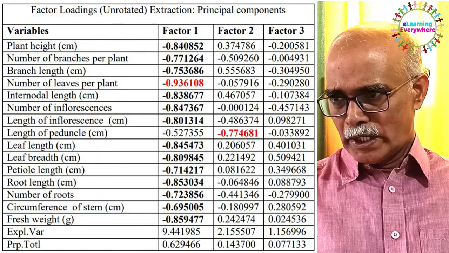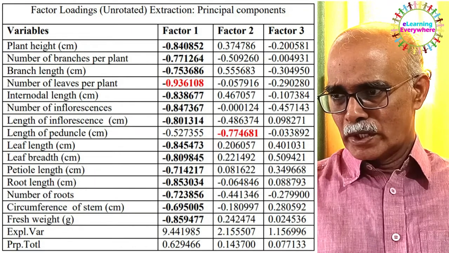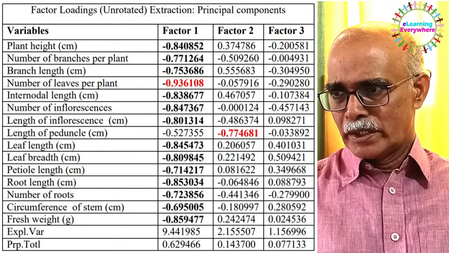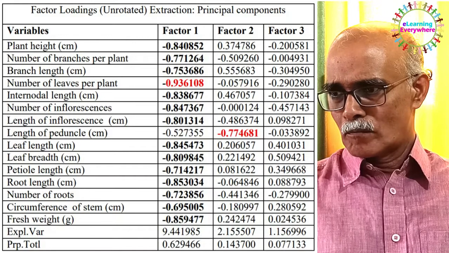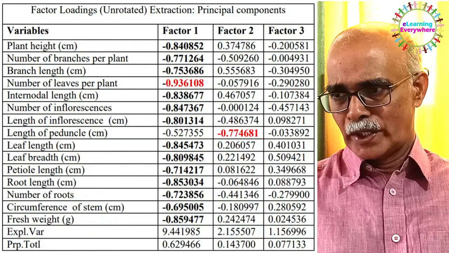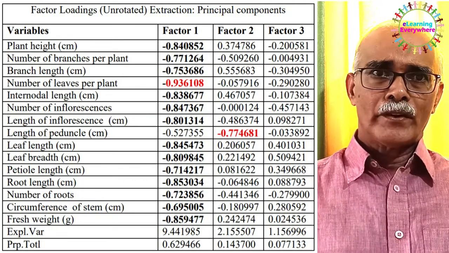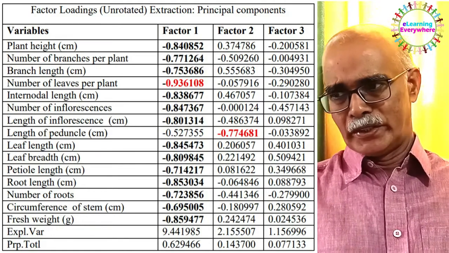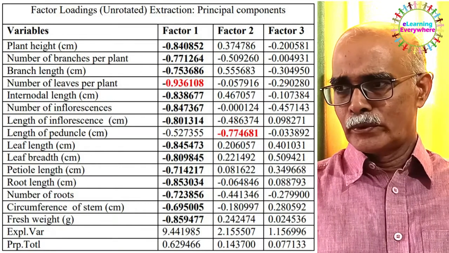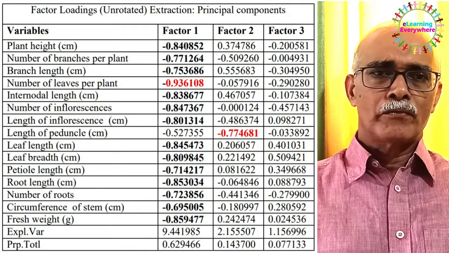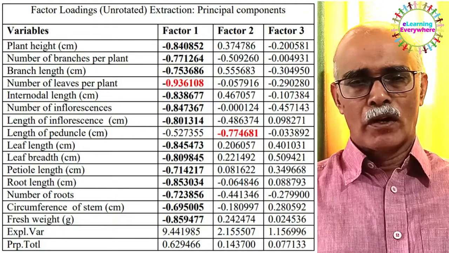Among these, only one character, the length of peduncle, shows the highest factor loading in the second factor, and all the other characters show their highest factor loading in the first factor. It shows that even though we have tried to extract three factors, these characters can be grouped into two groups only. And out of the 15 characters, 14 of them belong to the first factor and only one belongs to